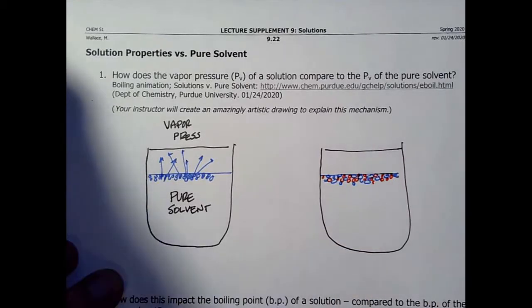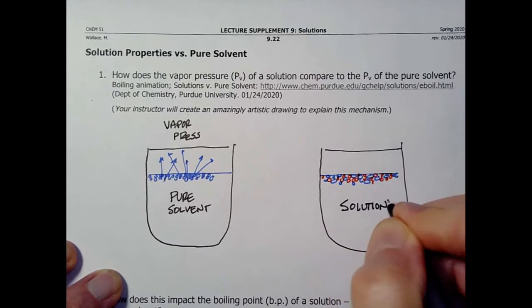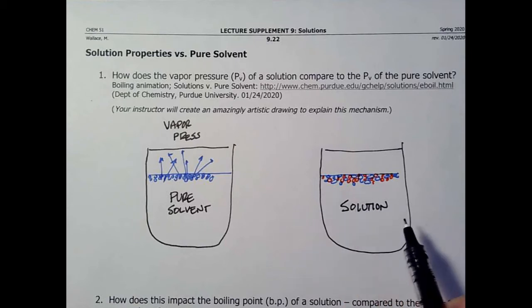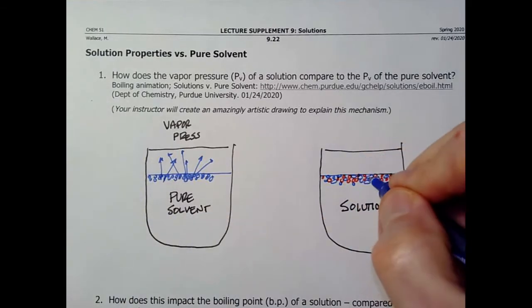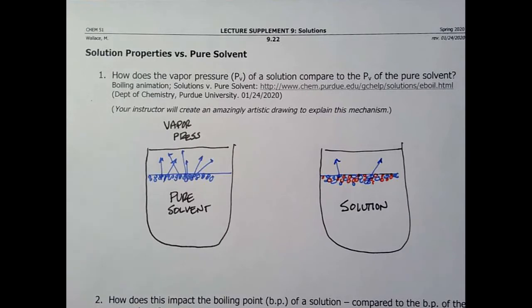So on this side, I've got a solution. And one way to think about it is the solute particles simply block or somehow retain the solvent particles from escaping. So I get a much lower